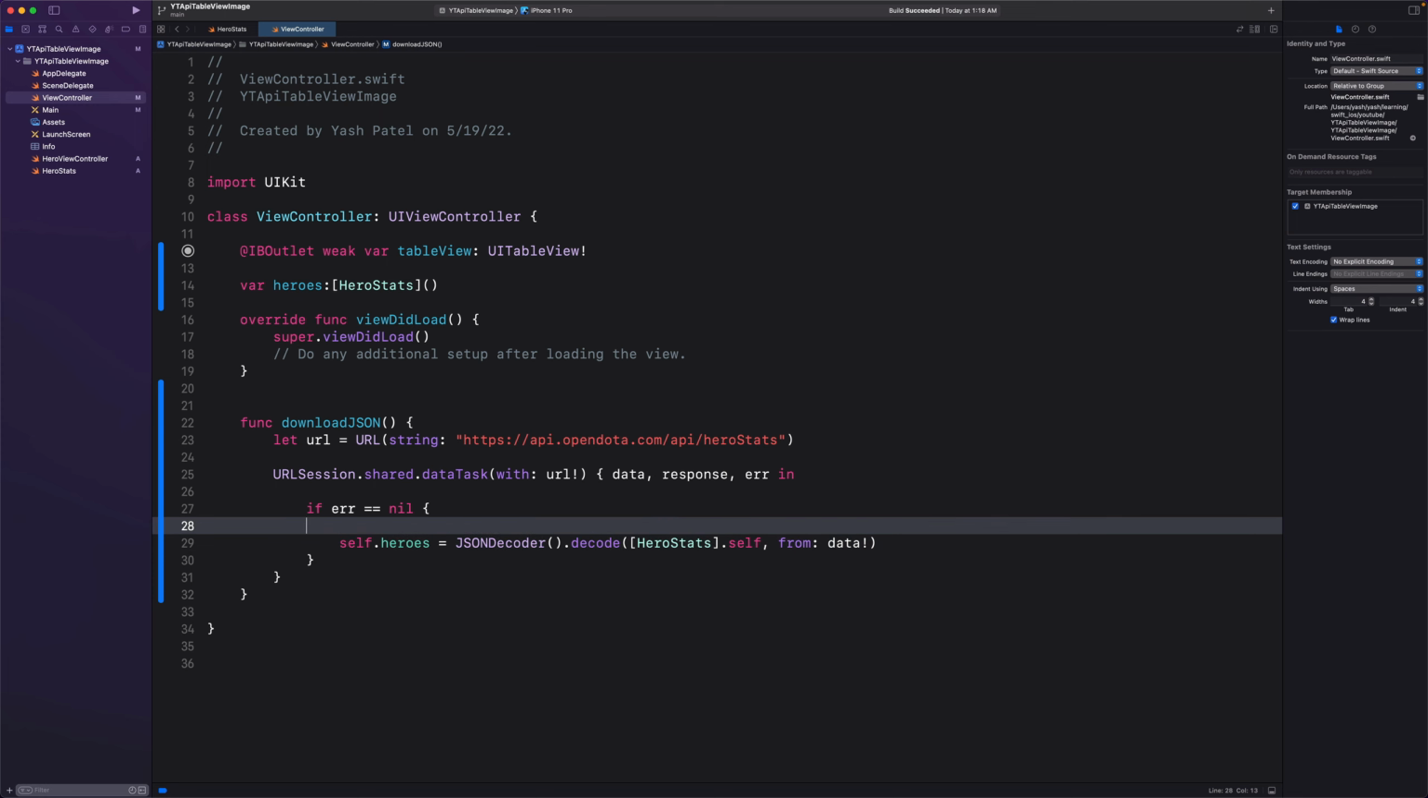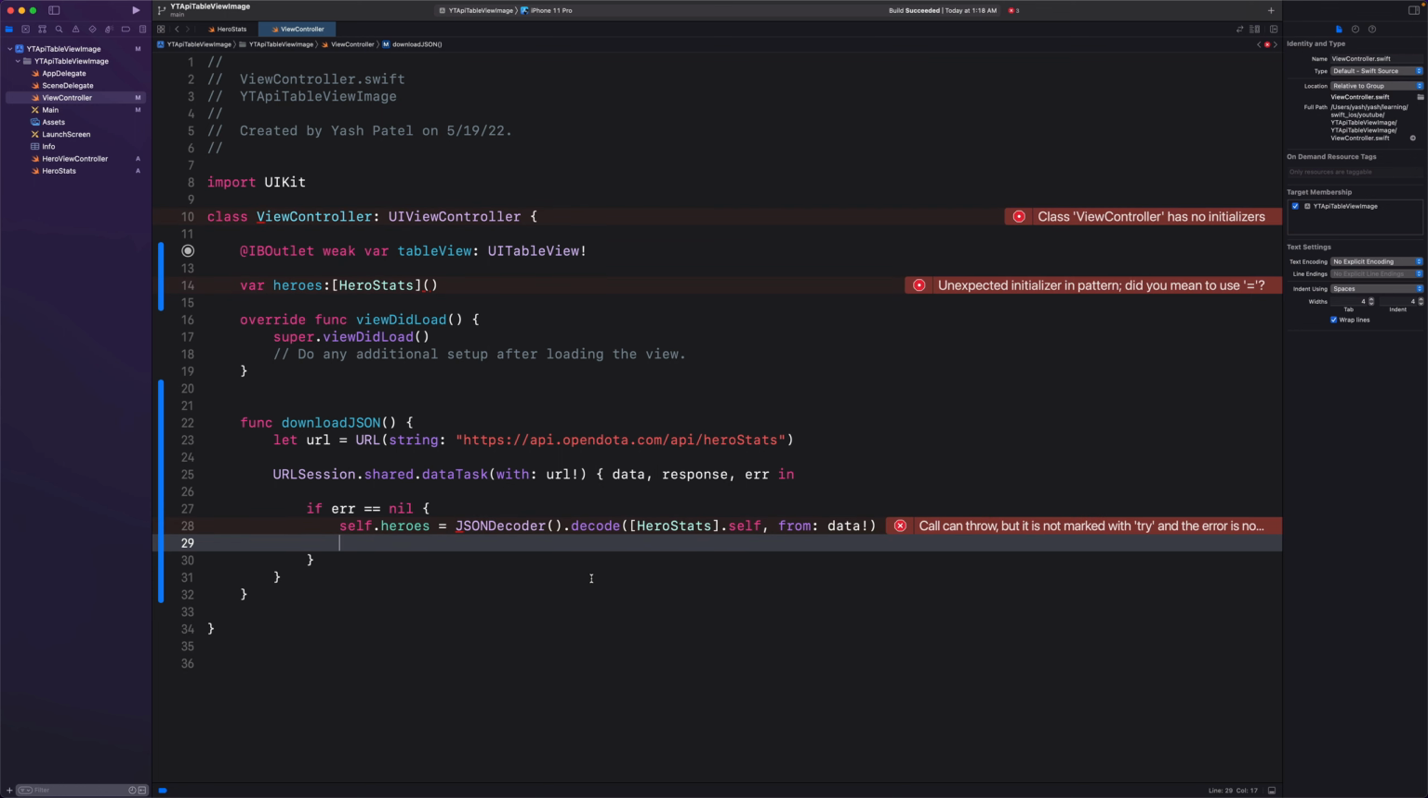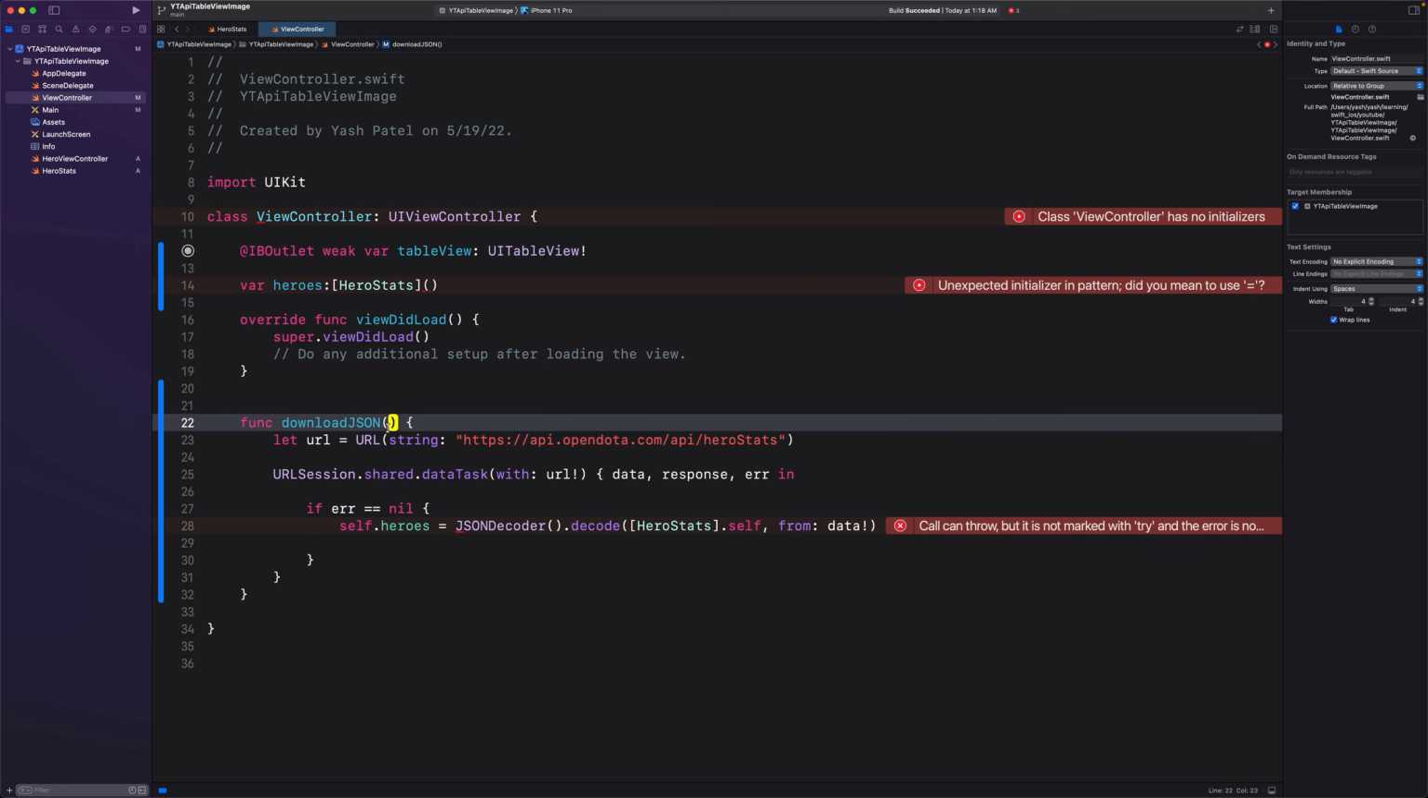After we get the data, we need to do some stuff right here. Basically, what we will be doing is reloading our table view. So we need to perform some stuff once we know we fetched the data. I'll be using closures for that, and let's do